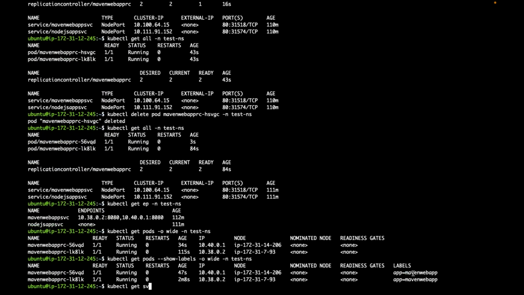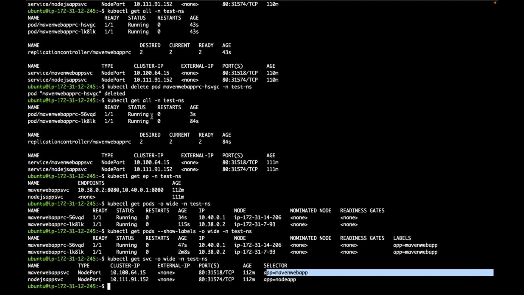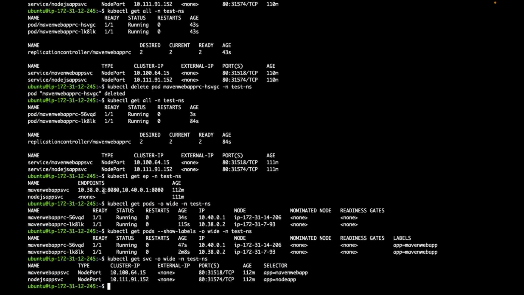When I created the service, did I use those labels as selectors? This service has that selector. So is it pointing to both the pods, this one and this one? Now, will that service act as a load balancer within the cluster, or when you are accessing from outside also using node port, will that service act as a load balancer within the Kubernetes cluster? Is it going to distribute the traffic to those two pods?